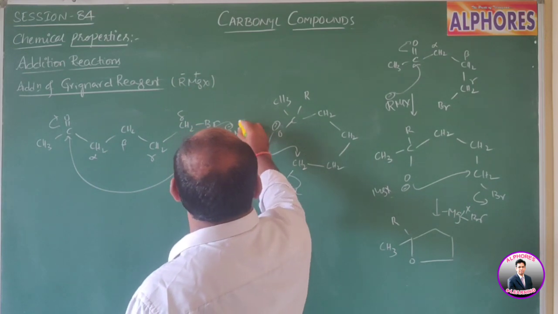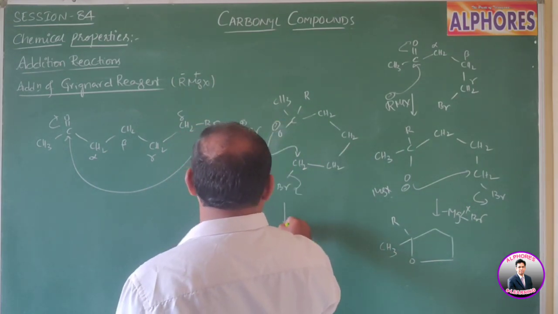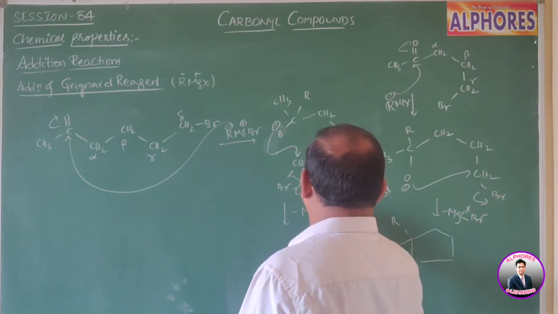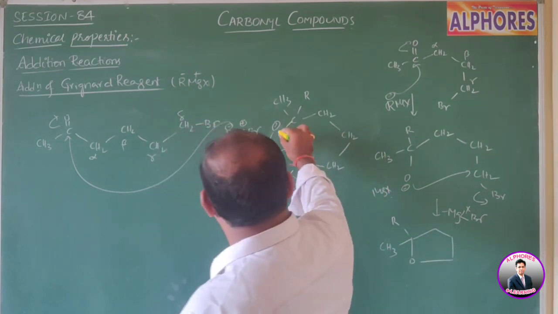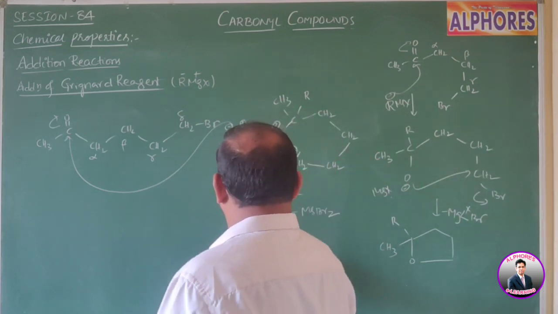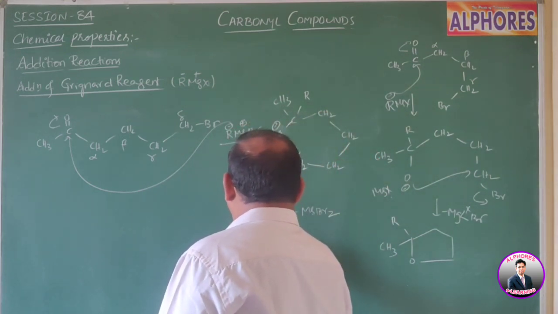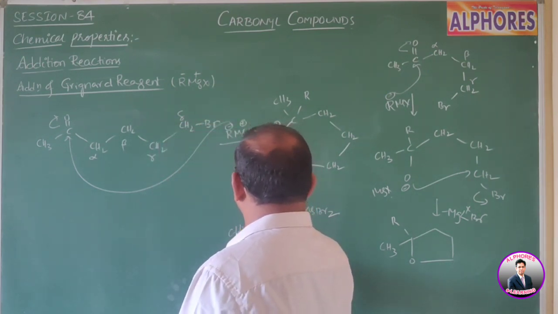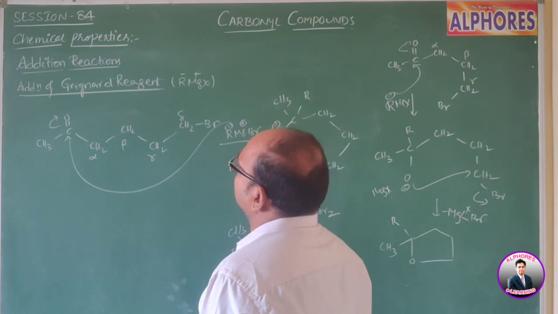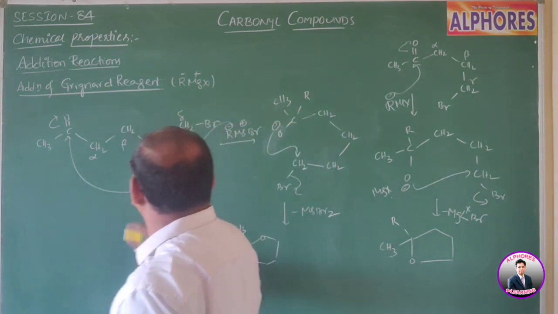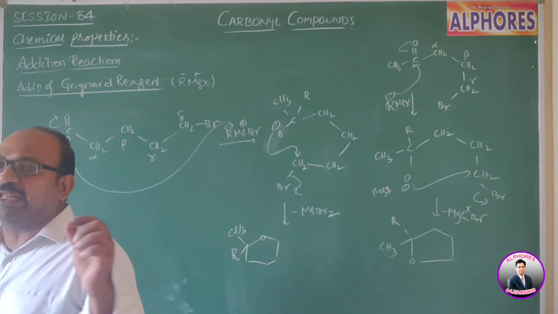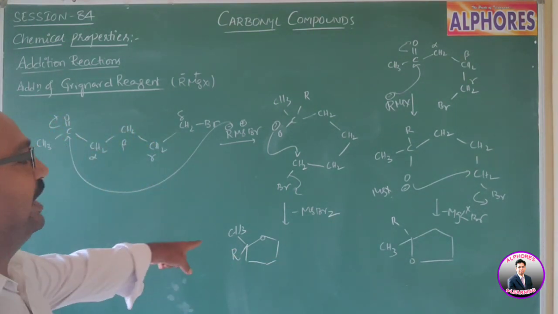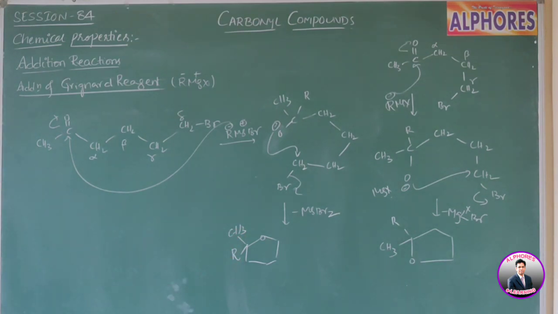Here Mg plus Br minus will be there along with O minus, and Mg plus takes this Br minus and it converts into MgBr2. 1, 2, 3, 4, 5, 6: there will be a formation of a 6-membered ring, and one position is occupied by oxygen, adjacent to that CH3 and R. So if any halogen atom is there, in the case of gamma or delta, we are getting cyclization products like this.